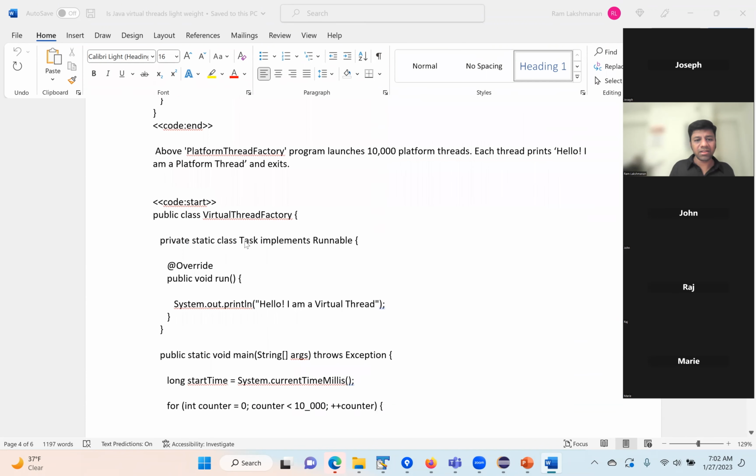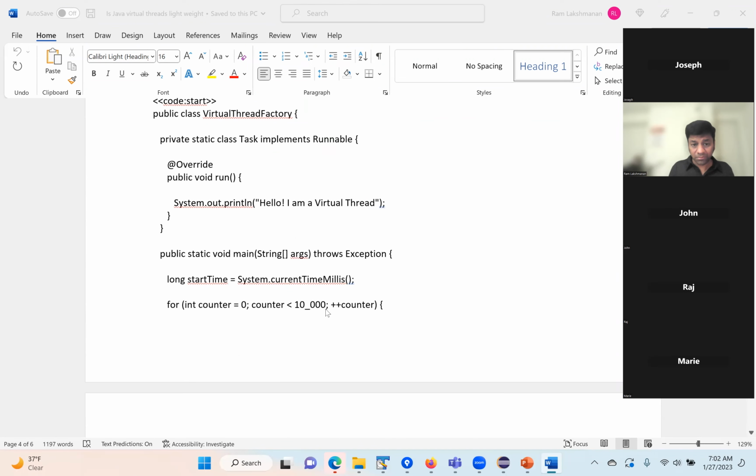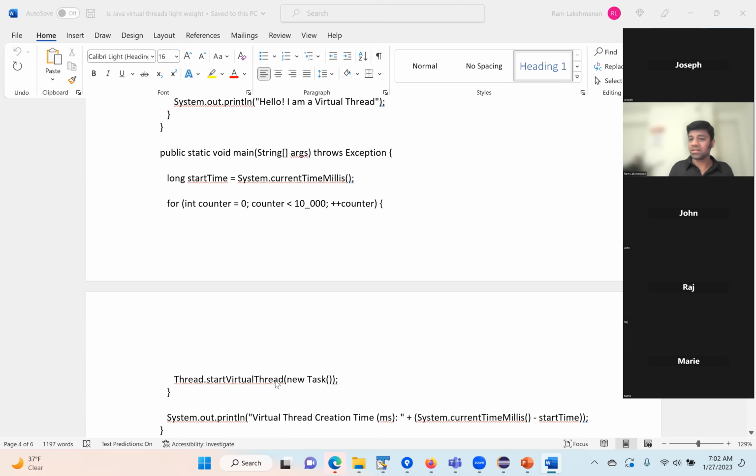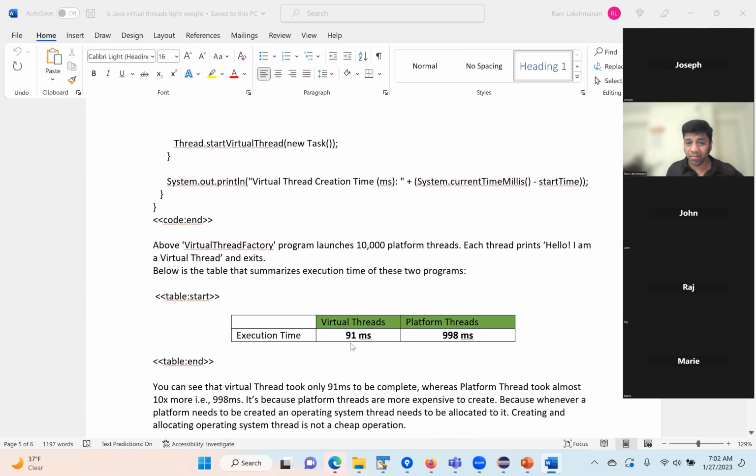And now here is the virtual thread factory. It's the same task, I'm printing. And here I'm creating 10,000 virtual threads. You see, I'm just saying create a virtual thread. That is the only difference. This entire virtual thread program was able to complete within 91 milliseconds, whereas the platform threads took 998 milliseconds. That is 10x more. The reason for that is